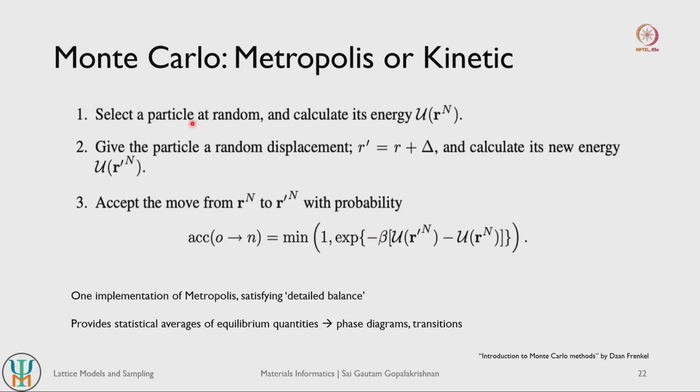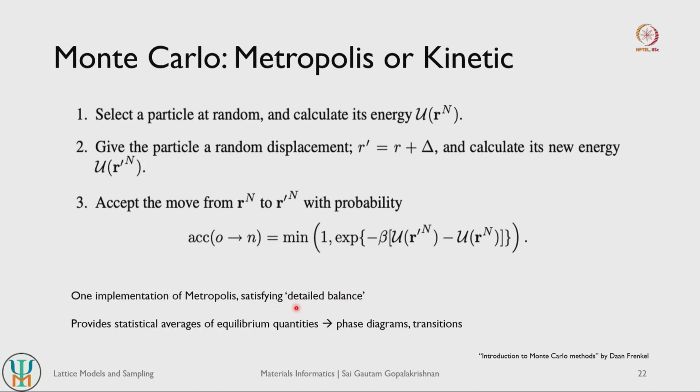So if it is downhill displacements or downhill moves, you accept them with a probability of 1. If it is an uphill displacement, then you accept that with the probability given by the difference in the actual energy between the two. So this is an example of what is referred to as the Metropolis algorithm, and this is a very important algorithm that does importance sampling within our given system, and it helps us calculate phase diagrams in a fairly swift fashion. So the Metropolis algorithm is known for satisfying what is referred to as detail balance.